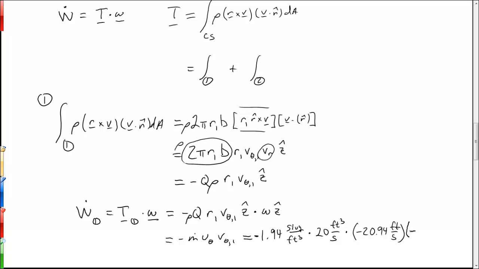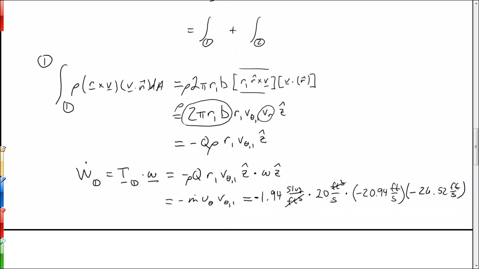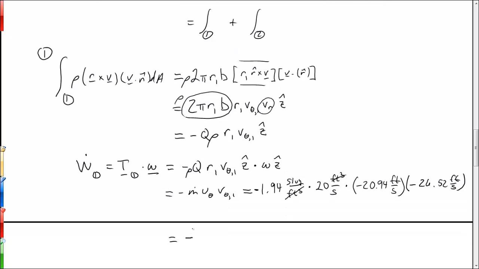So here we multiply this by minus 26.52 feet per second. Cancel the cubic feet here and the cubic feet here, and all told, I get minus 21,550 slug feet per second squared